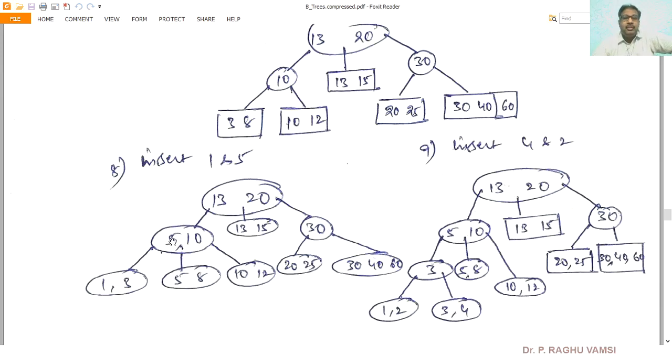The first element of the right split, its address will be there in the parent. At the same time, 5's address is there in the parent and 10's address is also in the parent.